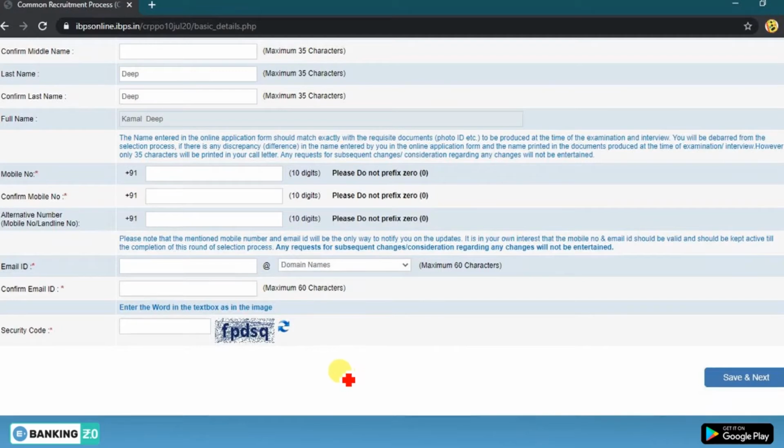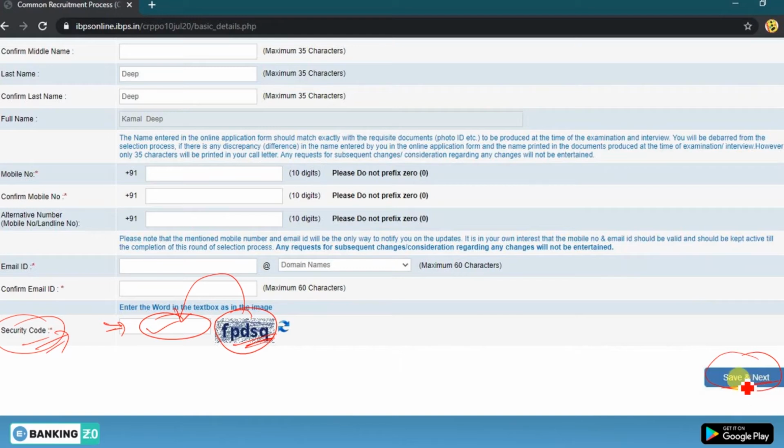After that, you will scroll down and you will get the security code. You have to fill that security code in this box. Now you are ready to move to the next page. Before that, you have to click on this button, save and next.